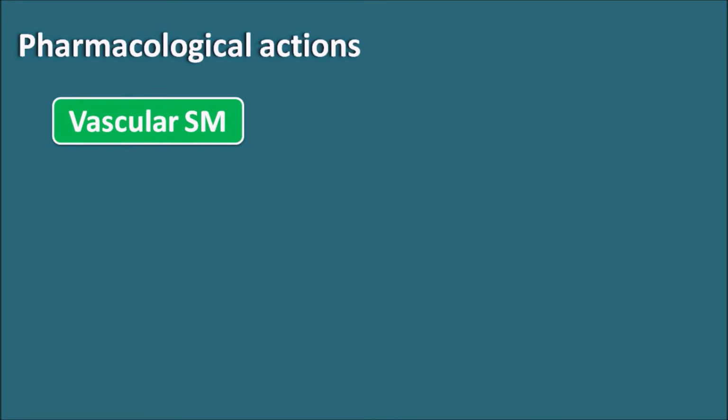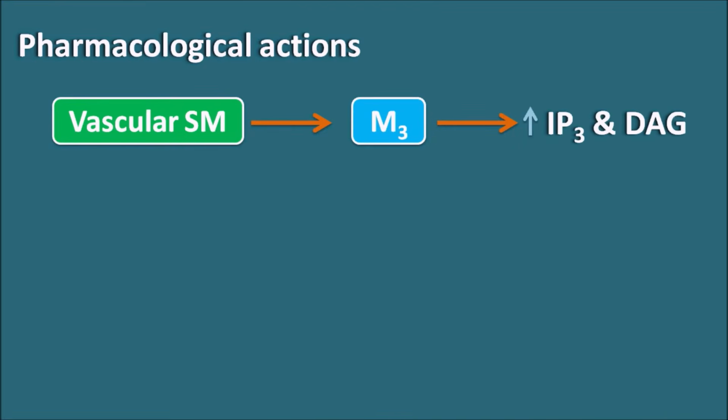And next one is the vascular smooth muscle. What is the effect of cholinergic agonists on the vascular smooth muscle? So vascular smooth muscle means they are coupled with the M3 receptors. Normally M3 receptors are excitatory in nature. M3 receptors are going to increase the IP3 and diacylglycerol, which are excitatory in nature because they increase the calcium levels. But here the acetylcholine, even though it acts through the M3 receptors, will not produce any excitation in the vascular smooth muscle because these M3 receptors are present not directly on the vascular smooth muscle, but they are present on